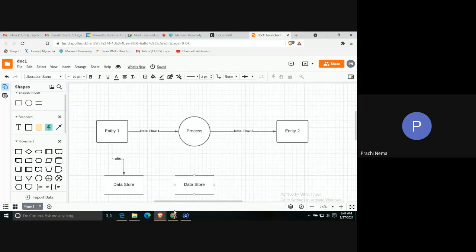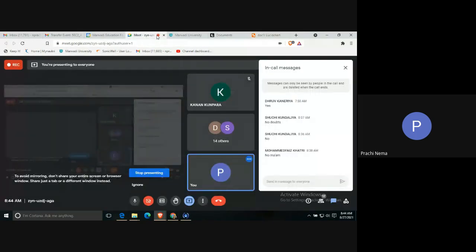So now what I want you to do is that you all have your project clear in your mind. So you should make a level 0 DFD for your relevant project. I hope I'm clear. Now you need to make a level 0 DFD for your project, because you all understood, I'm assuming that. I'm giving you some time to do so.